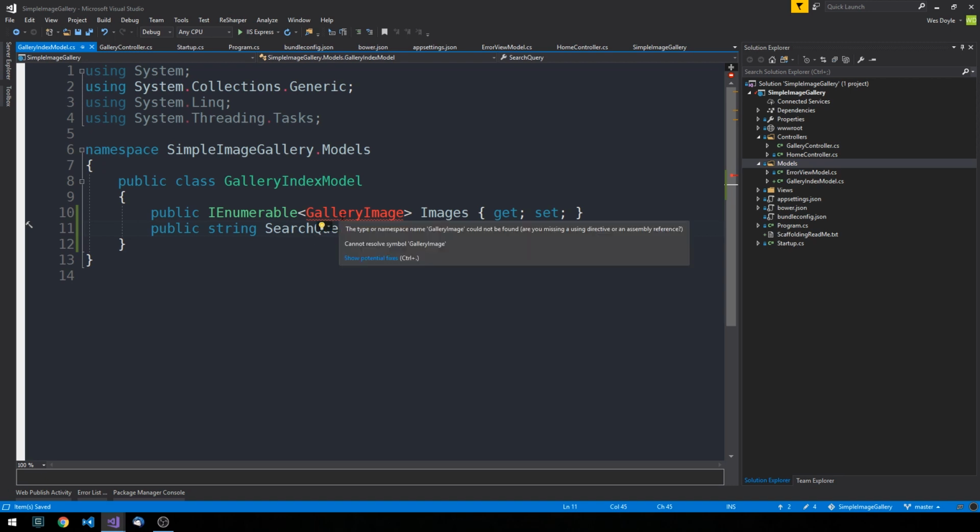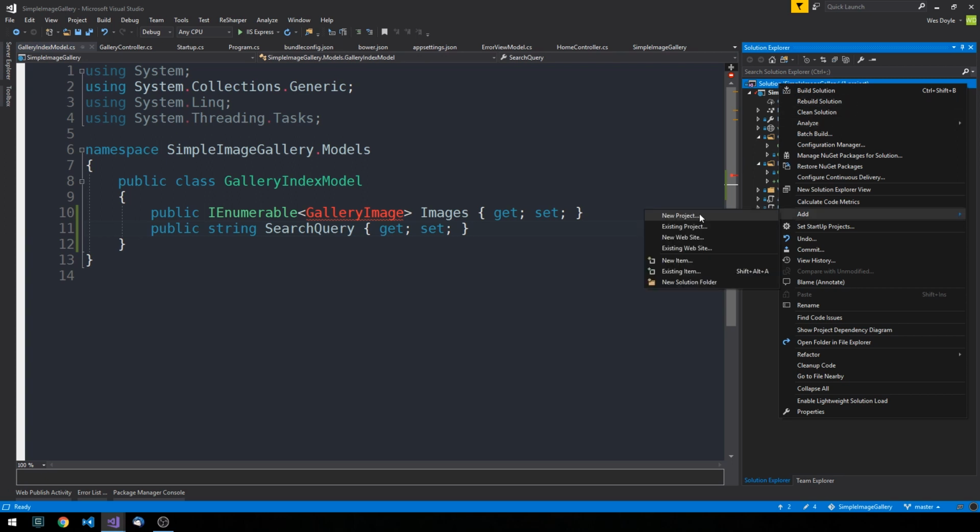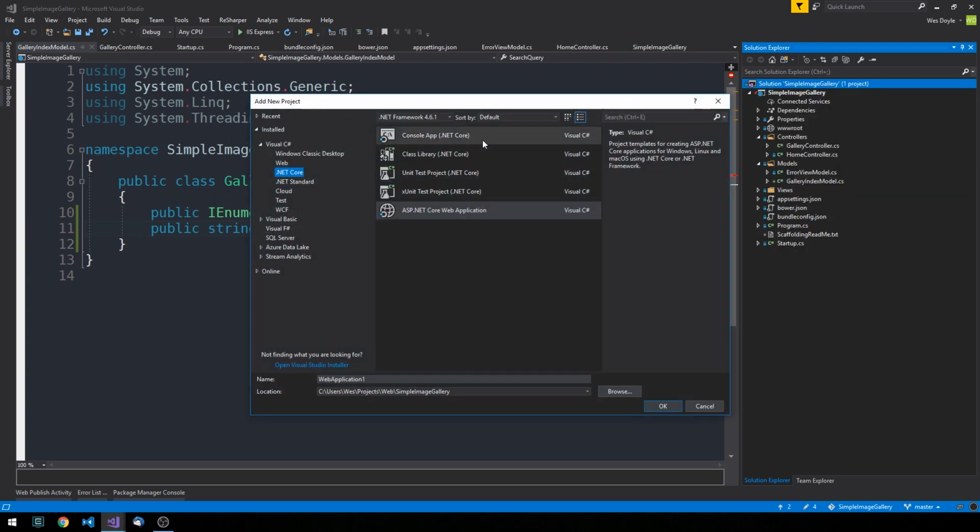Okay, so now clearly we need to create a gallery image model, but in this case I'd like this to actually be a domain model or an entity model rather than a view model. So this will map directly to a record in our database, perhaps in a gallery images table. So for that, I'm going to create a new project in our solution. We'll right click here and add a new project. In this case, it's just going to be a .NET Core class library. And we're going to call it simple image gallery